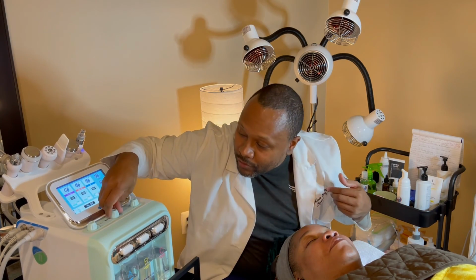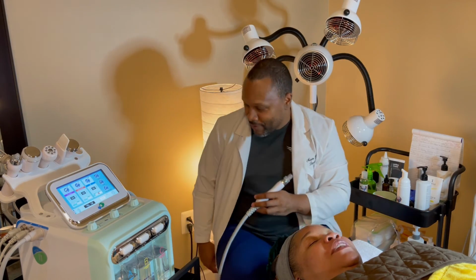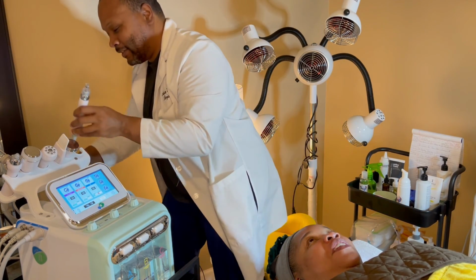All right, so now we're on D. All we're doing is using the same head, but if it's too much microdermabrasion, take the head off and switch it out with your other heads, okay? I can't believe how amazing that machine works. So you can really feel it? I can feel it. Yeah. It feels so